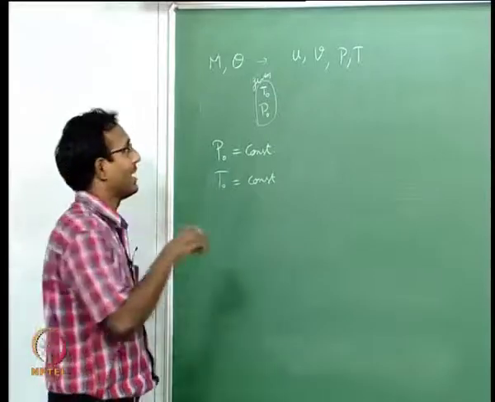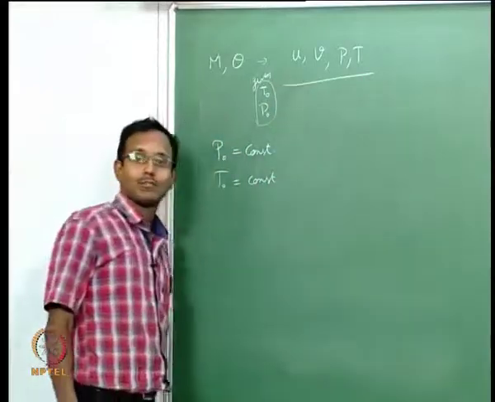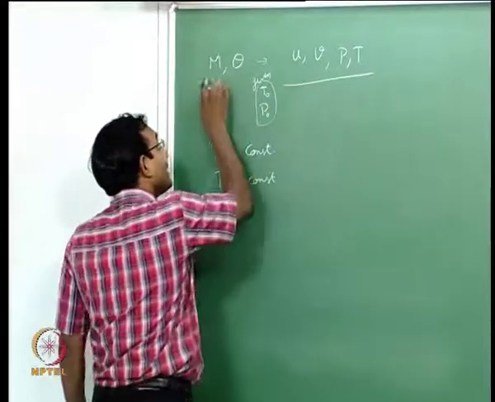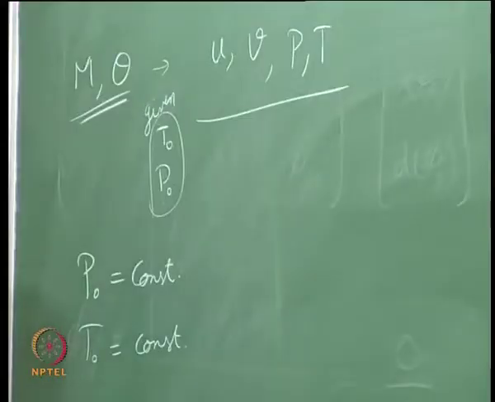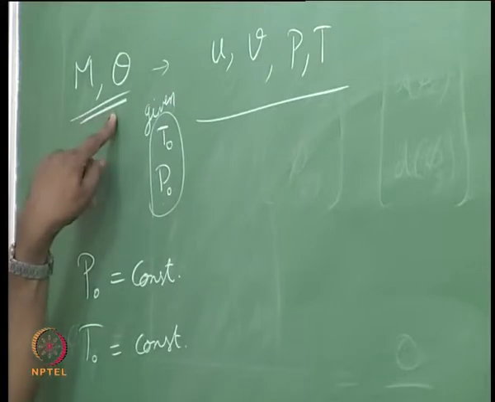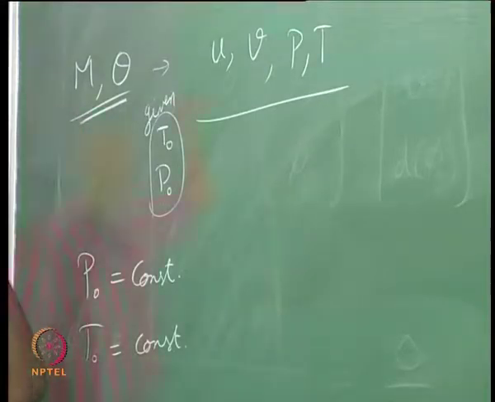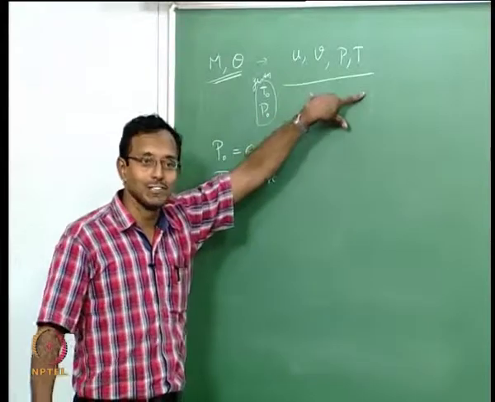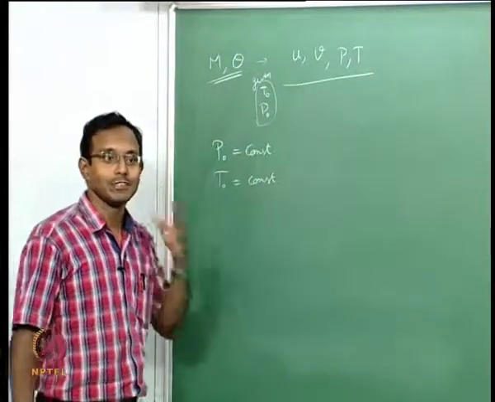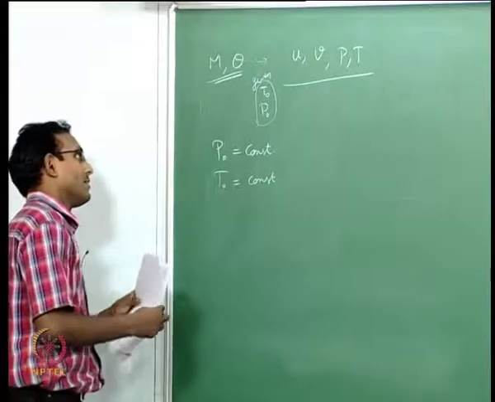Given these conditions, I can now find every point in the flow as long as I can find theta and M at every point in the flow. So typically, people using the method of characteristics just solve for theta and M at every point in the flow, and then they do post processing of this data to get all these values if they want. That is what they do typically.